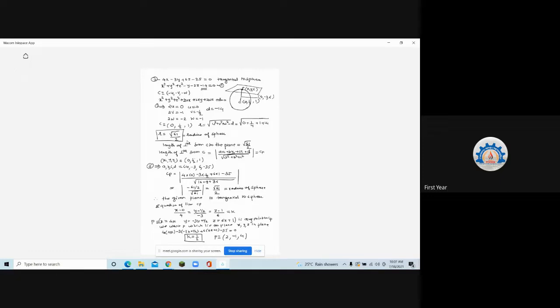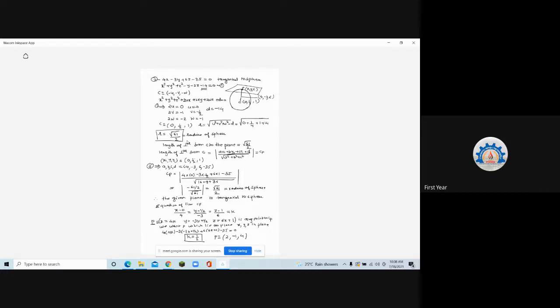Did you understand what I did? I have substituted this value of k in this point P, that gives me the point of contact of the plane and the sphere, which is 2, minus 1, 4. So this subpart will be asked: which of the following planes is tangential? So you have to find out the radius, and they'll give you the radius. So you have to find the length of perpendicular from the center point. The plane whose length of perpendicular is equal to the radius will be a tangential plane.